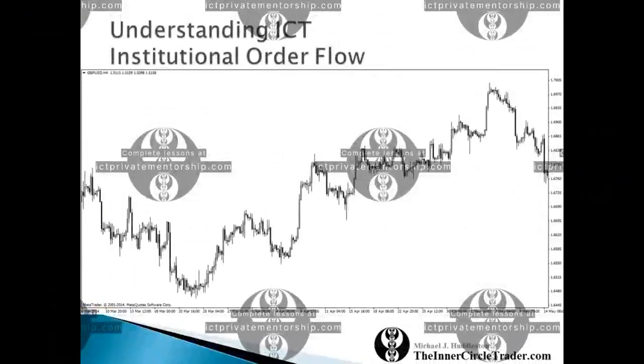Okay, when we look at price action on a chart, and in this example here we have the British pound USD, or what we like to call